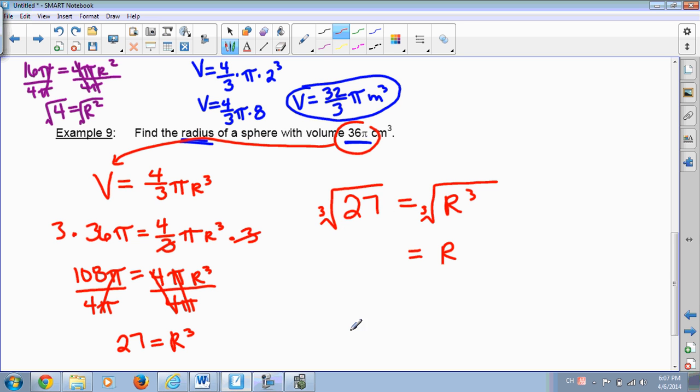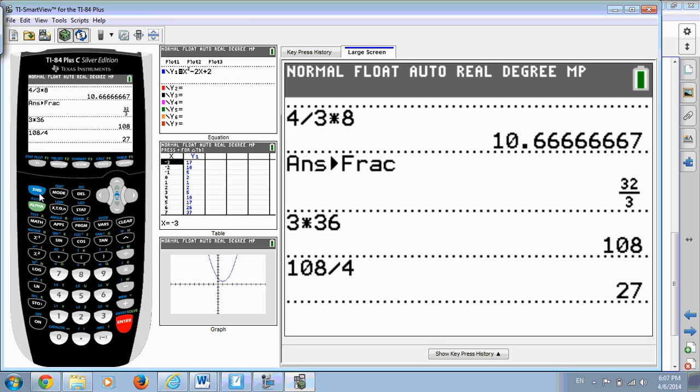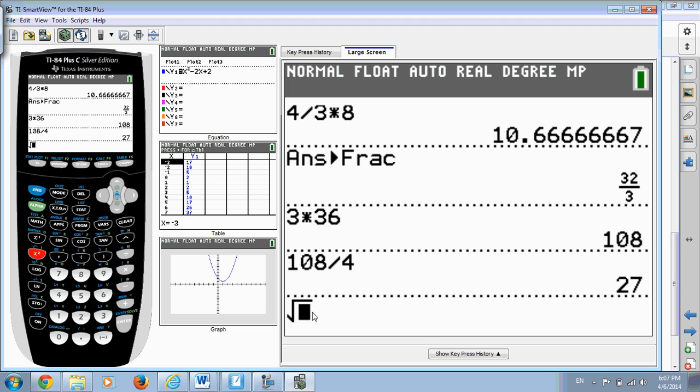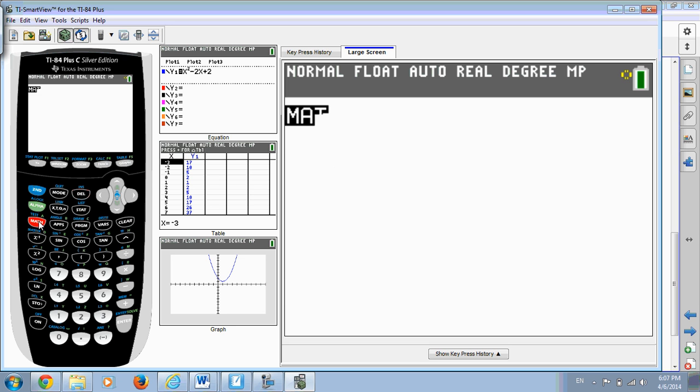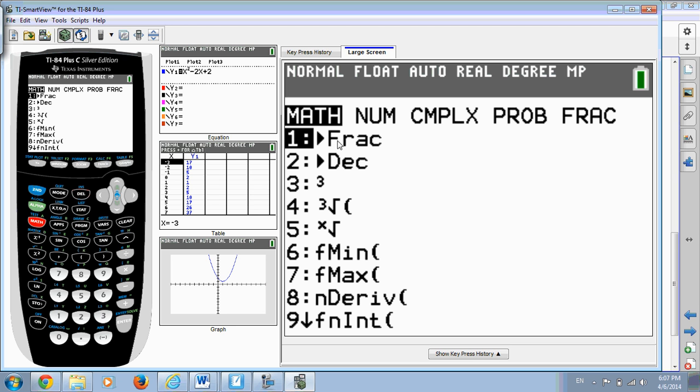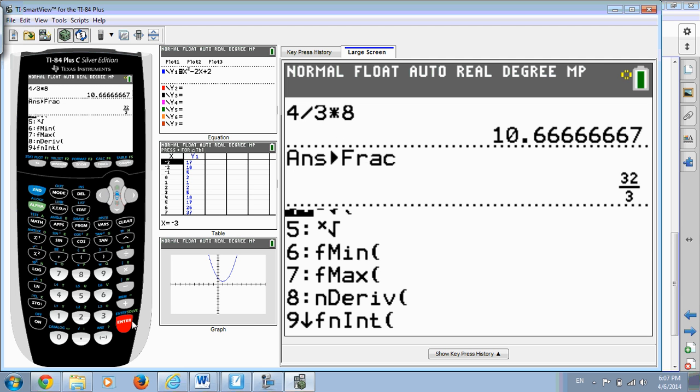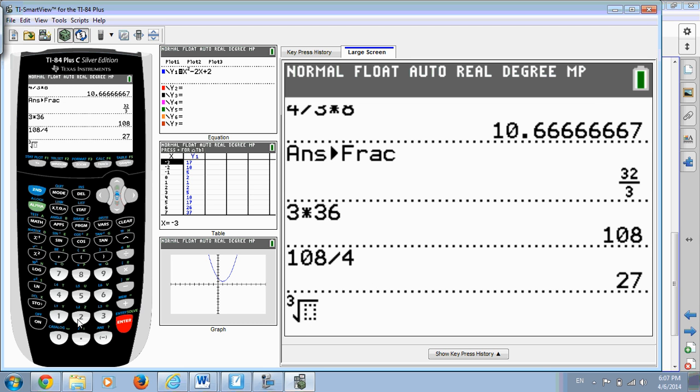And I'm going to show you how to do this in your calculator. Let's go to our calculator. So before you would just take second and x squared, and that would give you the square root. But you can't do that here, so I'm going to delete that. I'm going to show you where the cube root is in your calculator. It's under math again. Go to math. And before we were just pressing enter for fraction, but if you look down here at number 4, that's actually a cube root because this is the square root right here and there's the 3 for the cube. So the cube root of 27,